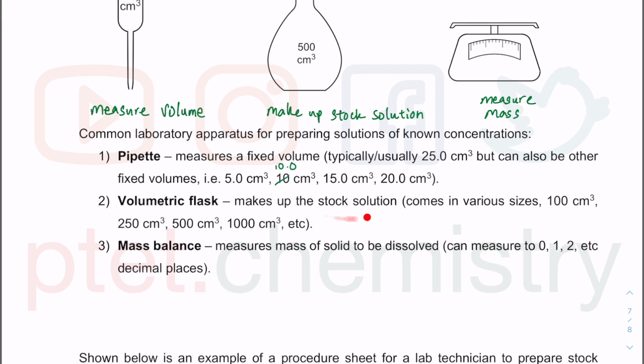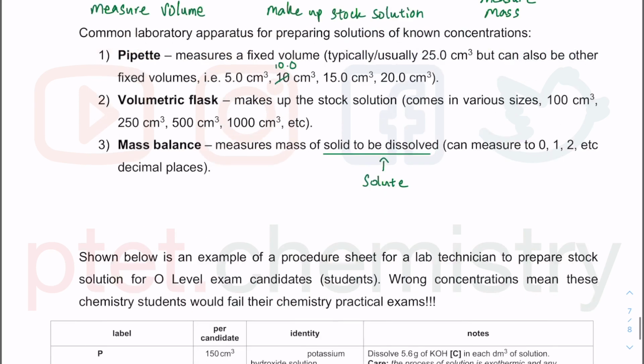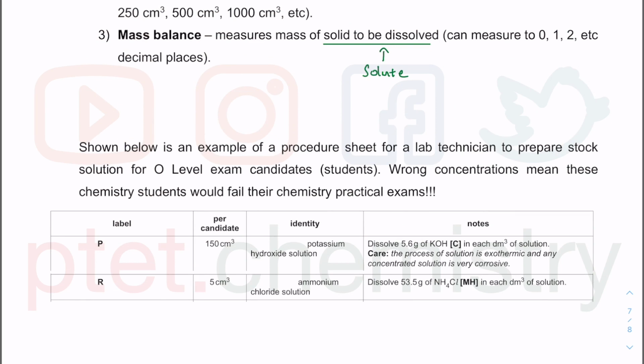Volumetric flask is used to make a stock solution. Mass balance is used to measure the mass of the solid to be dissolved. The solid to be dissolved in the solution is what you call solute. Okay, so that's pretty much it really for this topic,